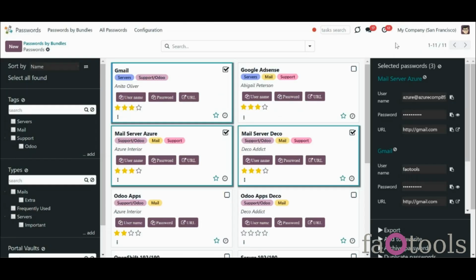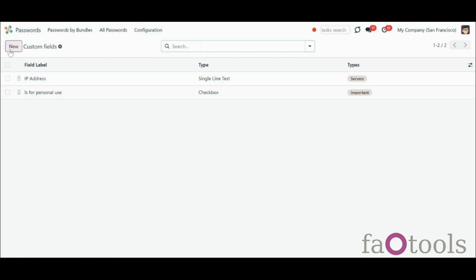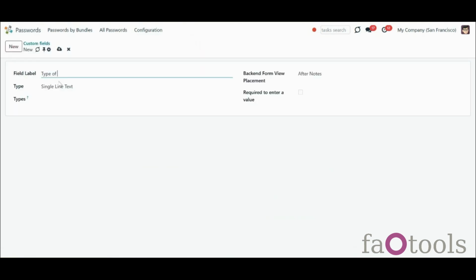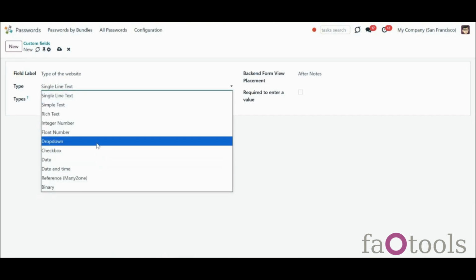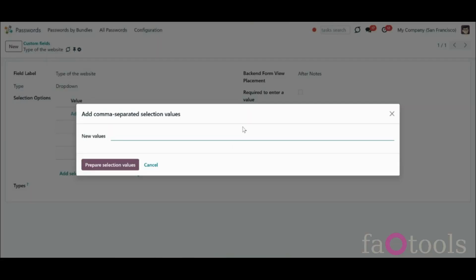To add a new field to the passwords form, go to Configuration, Custom Password Fields, click New, write the field label, choose the field's information type. For example, let's create a custom field of the drop-down type. Click on the button Add Selection Values based on a string to add all options divided by a comma. Choose the password type,